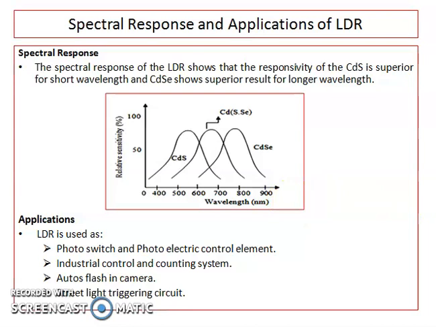Depending upon the requirement, we have to select the respective material so that it can respond effectively. And the LDR is used as a photo switch and photoelectric control element for industrial control and counting systems,